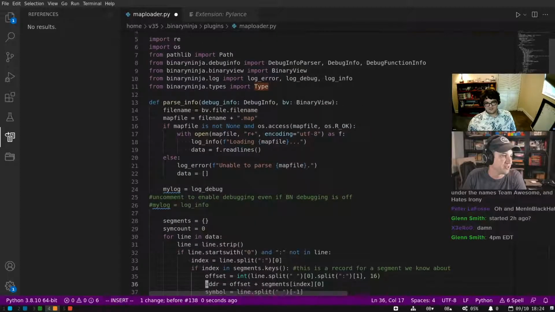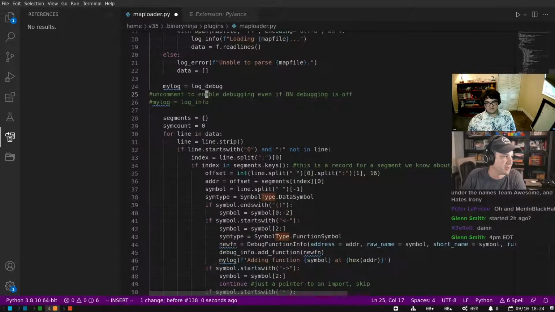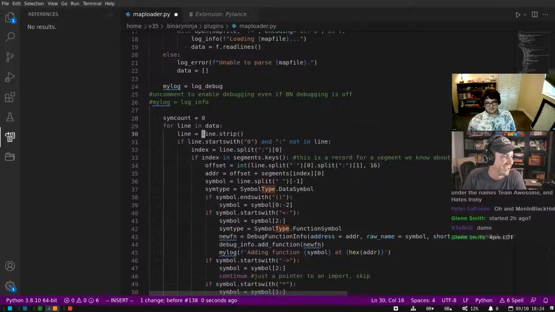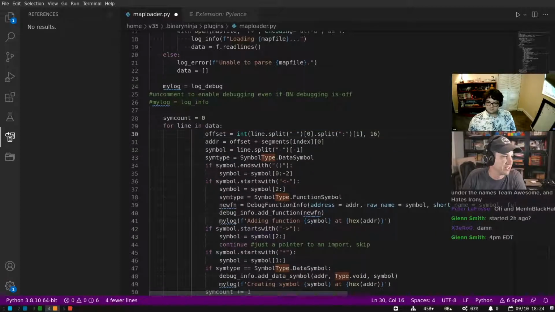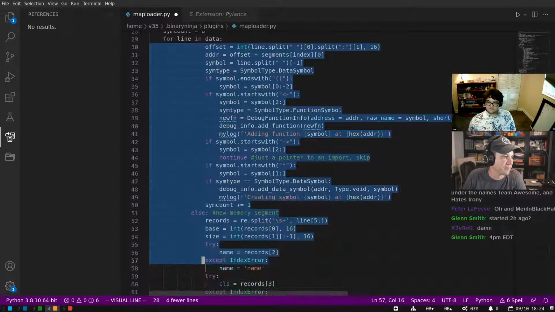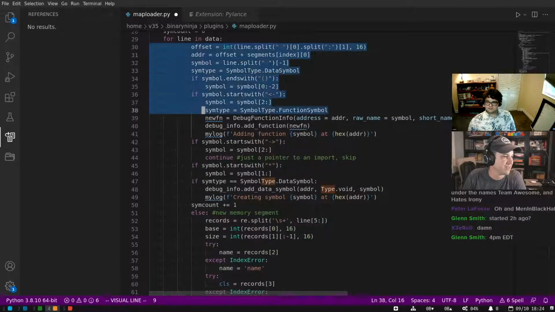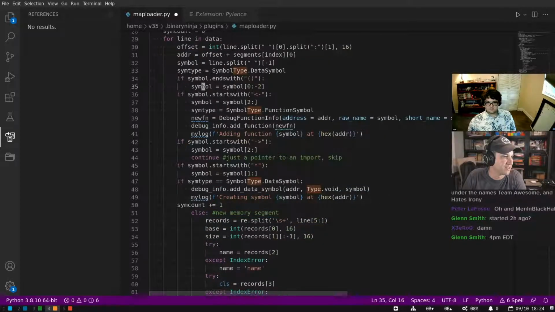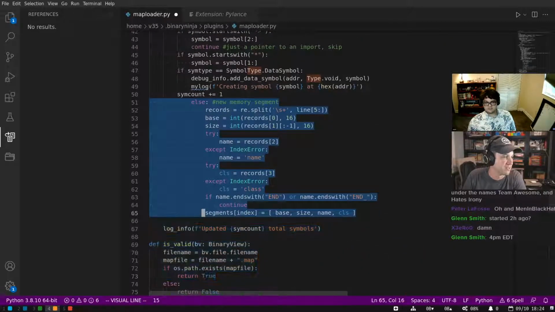And it is going to do nothing with segments. It is going to just start reading and doing stuff directly. It's not going to do anything with new memory segments or make new records and do all that stuff.